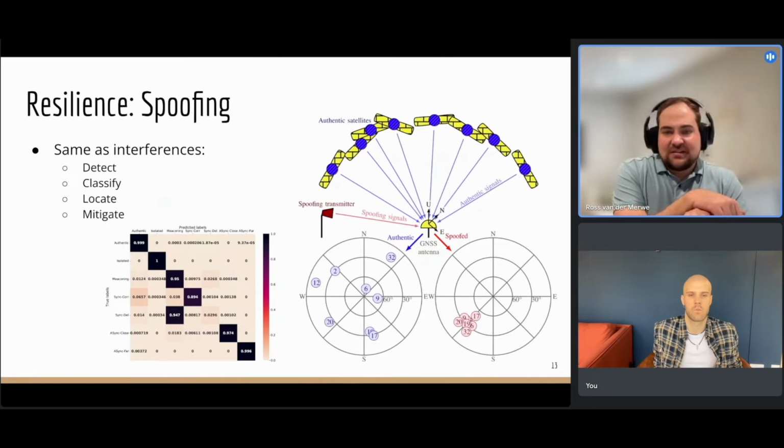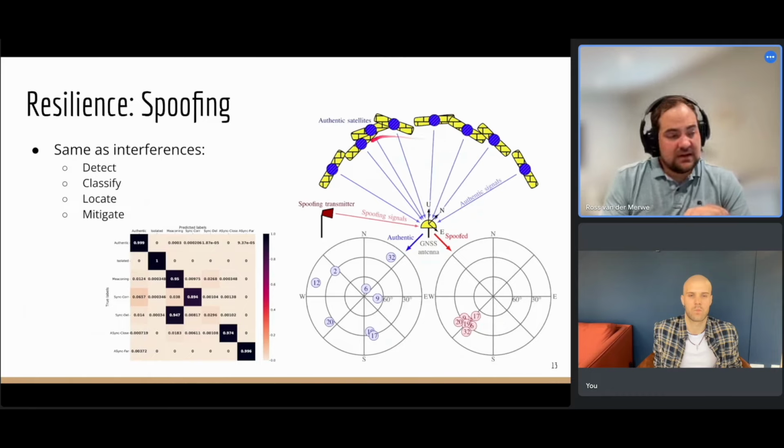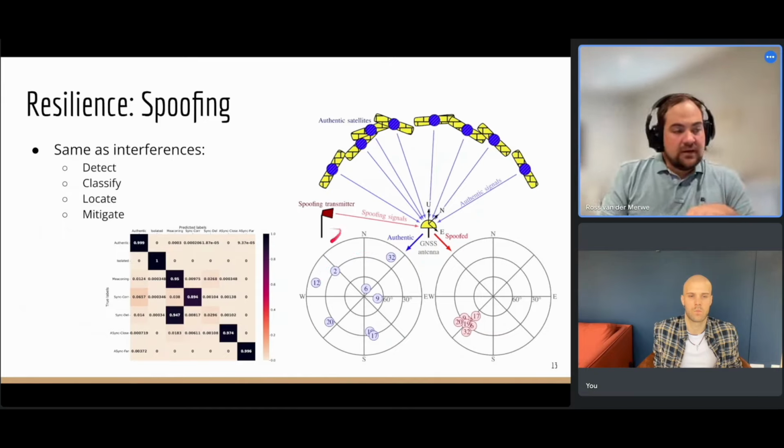And what I have here is two pieces of work that I've been doing previously. The problem I was working on is, if you have a spoofing attack and it's really well done, what tends to happen is you have all these satellites spread all over the sky. If you look at your sky plot, you'll have satellites in all directions above you. But transmitting those signals from the sky is really challenging. So typically you have one guy transmitting from the Earth a signal towards your antenna. Then suddenly all of these satellites are clumped in one direction.